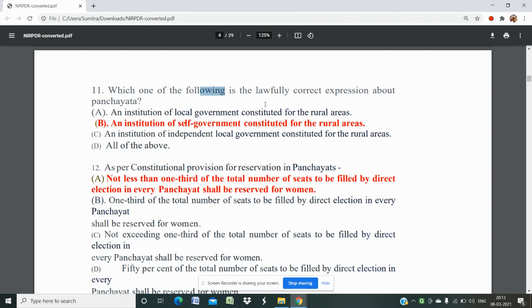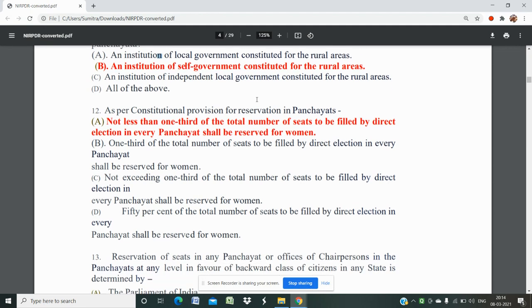Which one of the following is a lawfully correct statement about panchayat? The question might be like this. If it is this year, something might have changed, such as the functions, tax collection, rules, powers, and authority of the panchayat. Yes, there might be some question relating to the COVID-19 pandemic and the powers vested in the panchayat sarpanch by the district administration and state government. You have to go through all this current situation and their powers also.